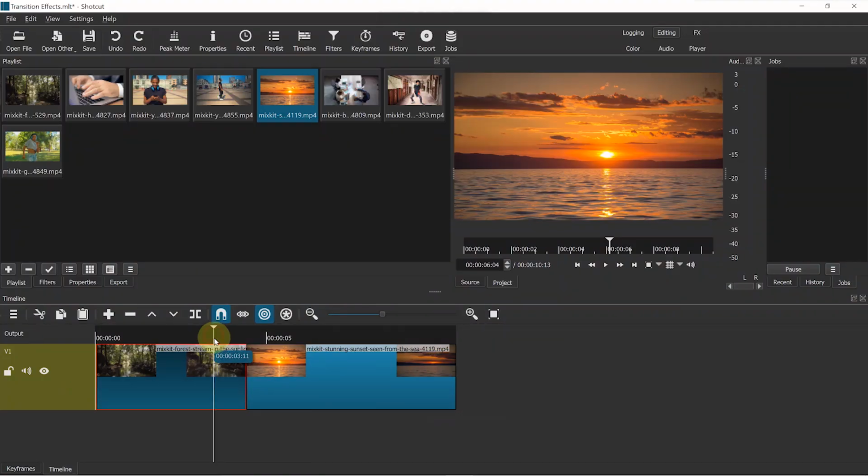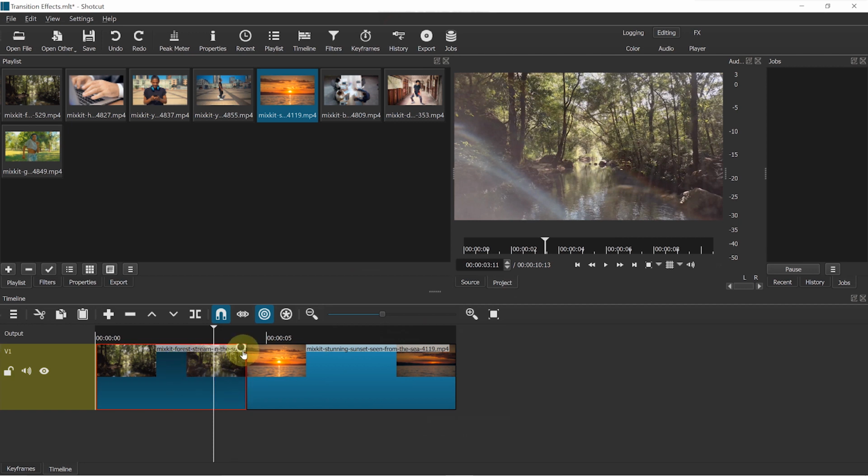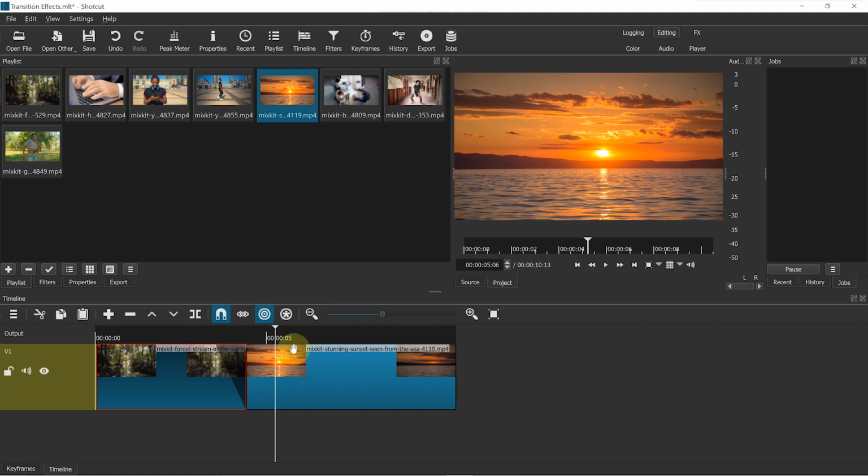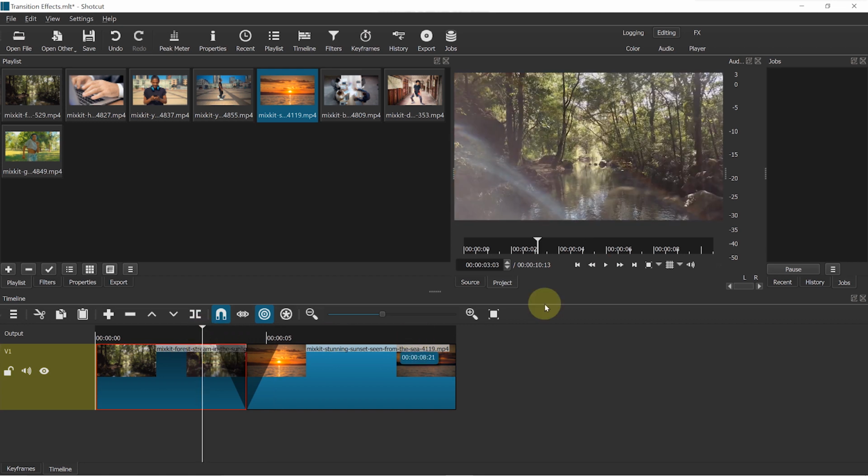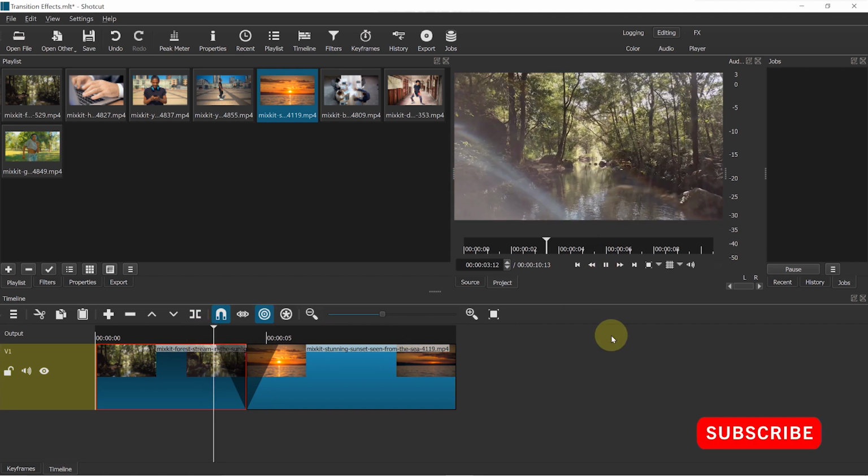Before I show you these stylish transitions, I want to quickly show you the default transitions that you can use. You can use fade in, fade out transitions. When you hover on the end of the clip, you will see this hand and circle. When you move this circle a little further, it will give a fade out effect. Same at the beginning of the clip. If you move that circle, it will give a fade in effect. So the transition will look like this.